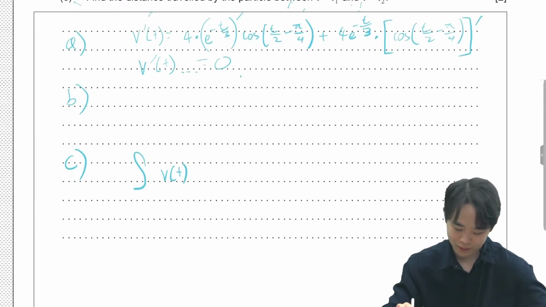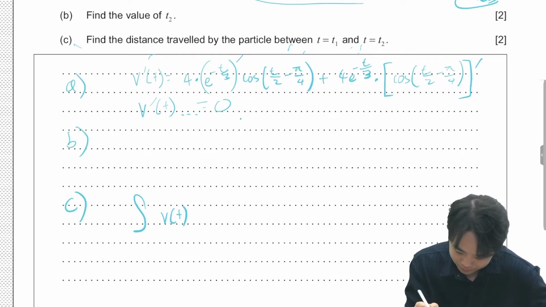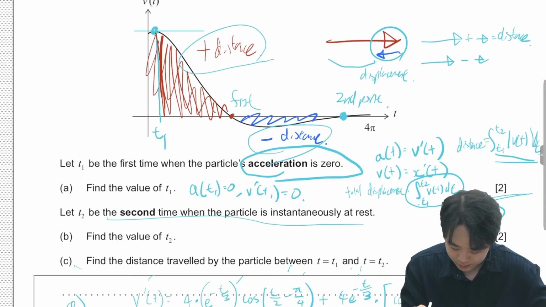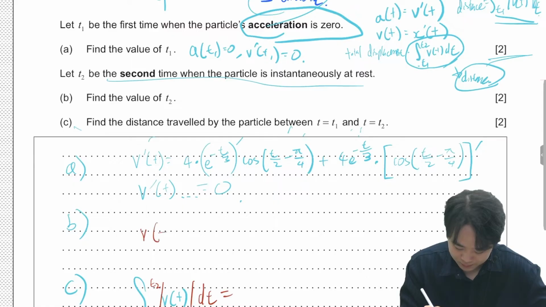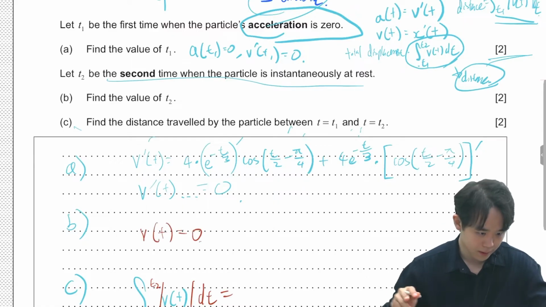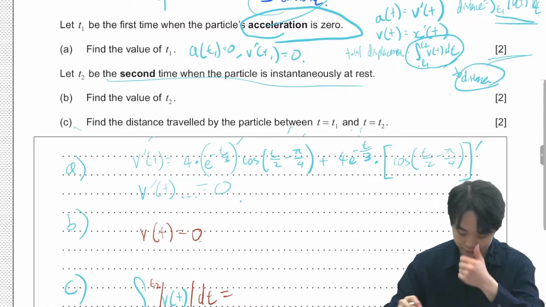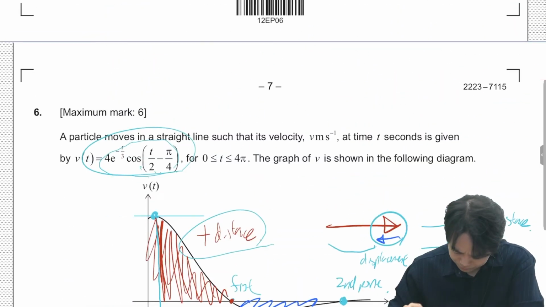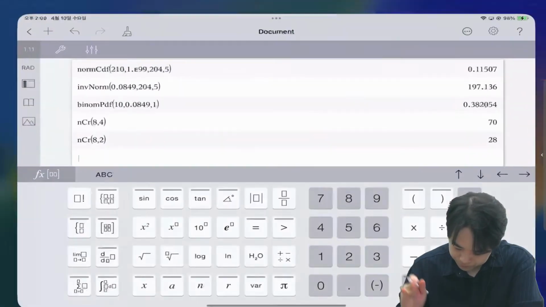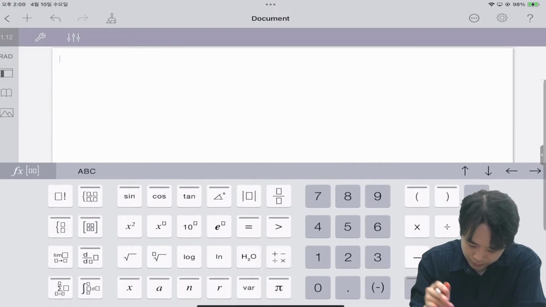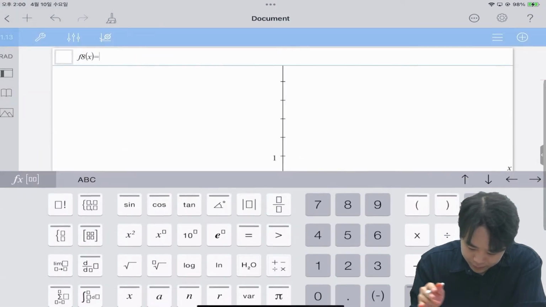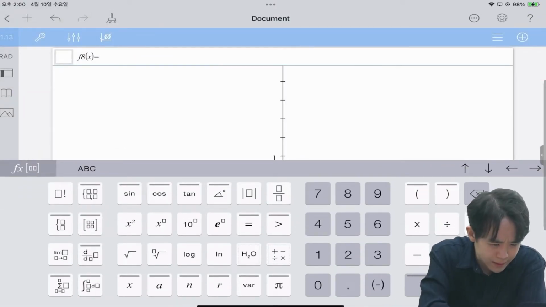Okay, so let's now do all this on our calculators. Right? So we got T1, T2, absolute value dt. And then the second part would have just been when is V(t) equal to 0. Okay, so let's see how we could do that on our calculator. So we're going to plot our calculator graph. So our expression for V is going to be